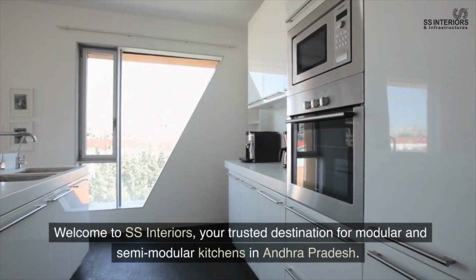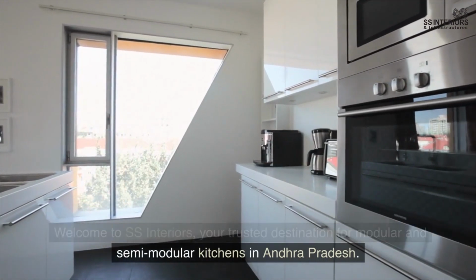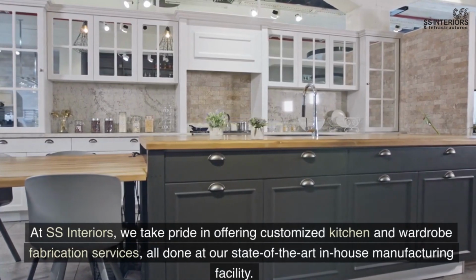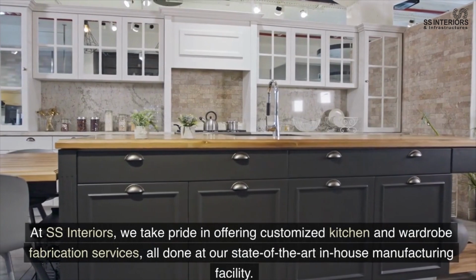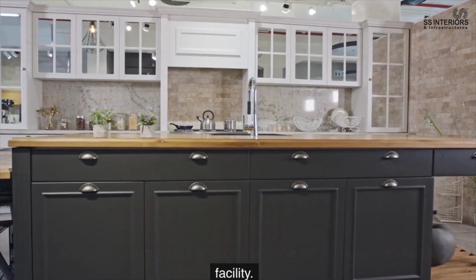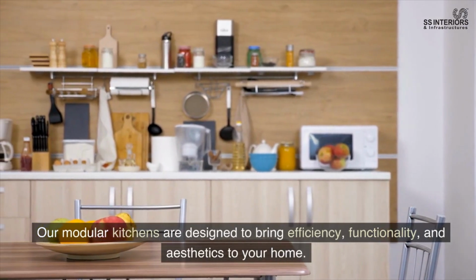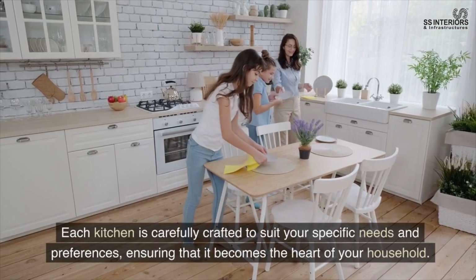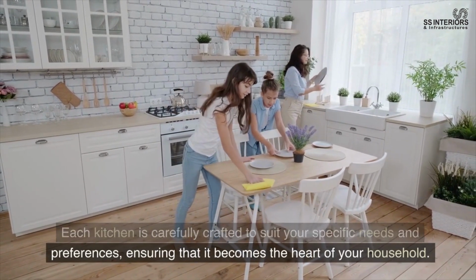Welcome to SS Interiors, your trusted destination for modular and semi-modular kitchens in Andhra Pradesh. At SS Interiors, we take pride in offering customized kitchen and wardrobe fabrication services, all done at our state-of-the-art in-house manufacturing facility. Our modular kitchens are designed to bring efficiency, functionality, and aesthetics to your home. Each kitchen is carefully crafted to suit your specific needs and preferences, ensuring that it becomes the heart of your